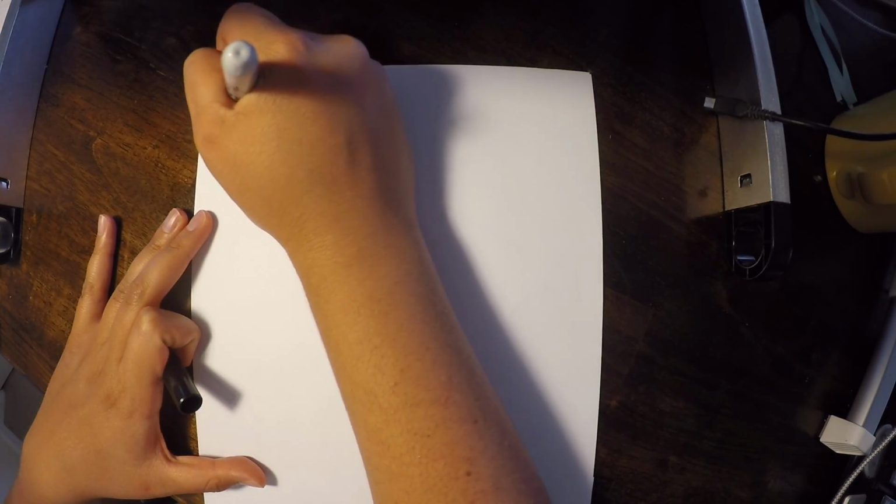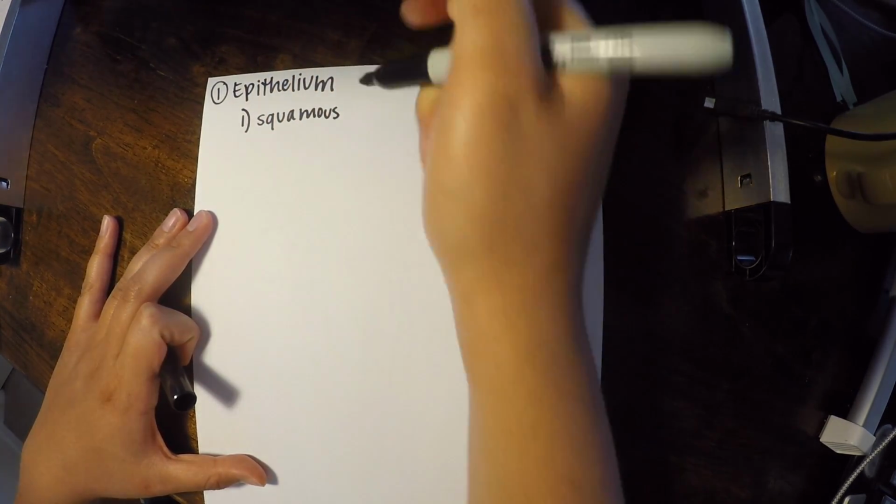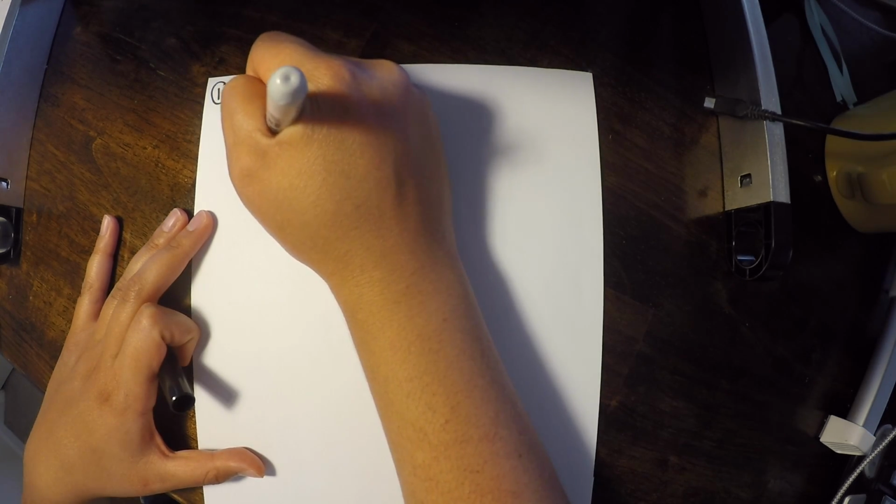Remember, that's a lining of a different surface, and these cells are tightly packed together because it's the lining of a surface. Now let's take a closer look at the different types of epithelium. Within epithelium, there are 4 main types, and then some subcategories within them. So let's break down these different types. The first one is squamous. Within the squamous epithelium, you have 2 different types.